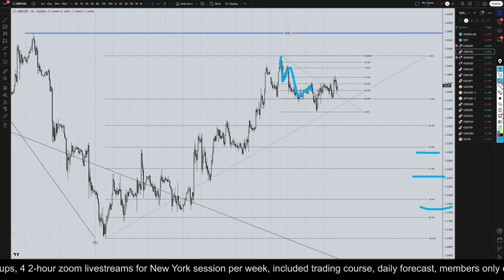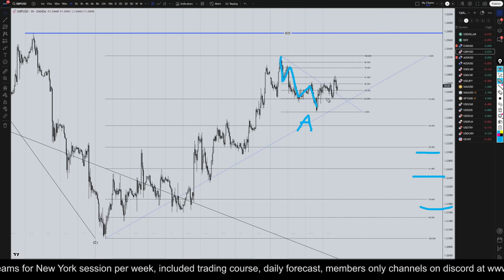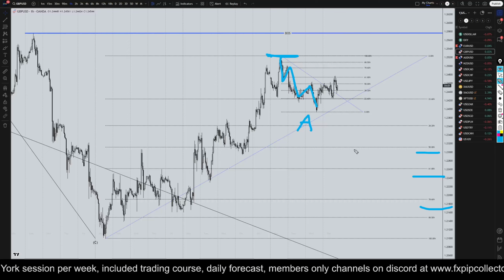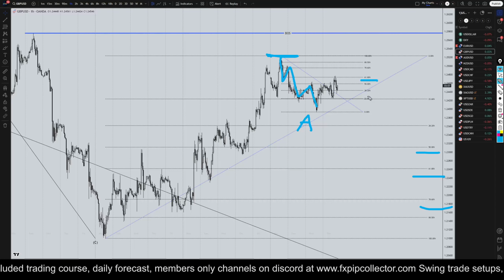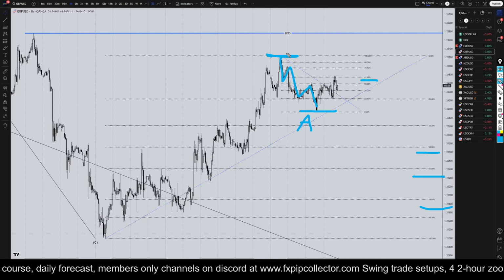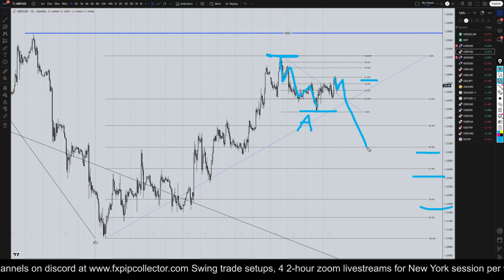This move down right here is still looking to me like a trend, which is why I still think that this is likely a wave A. Sometimes wave Bs can take out the previous high, so it could possibly pop up a little more. We definitely already got a 61% Fibonacci bounce from the last push down, so you would kind of think that it was already over. And if anything, maybe it'll just do a little stop hunt or something, and most likely